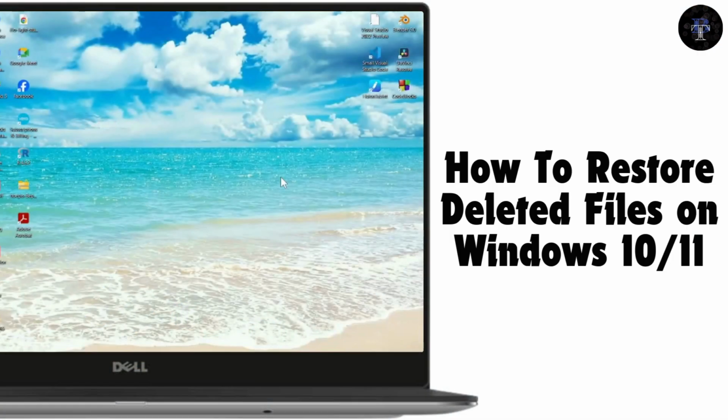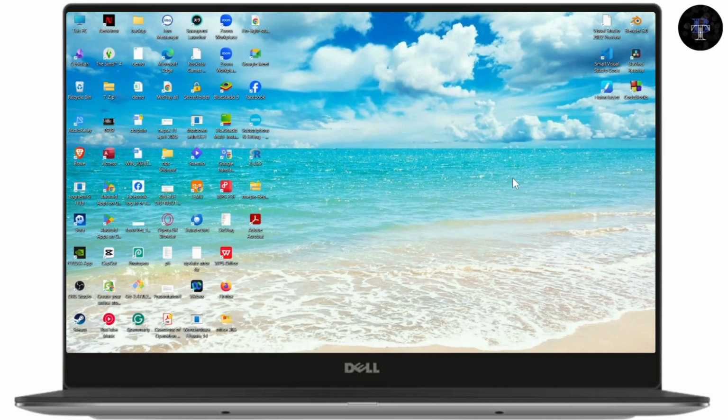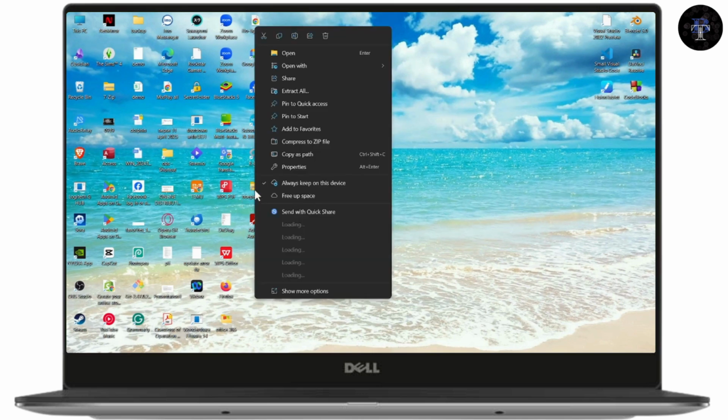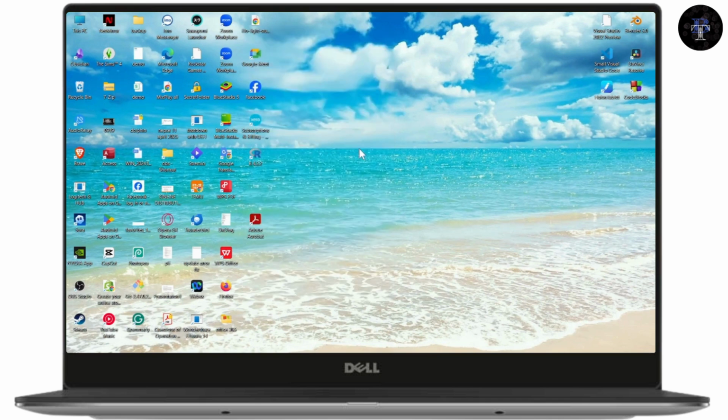How to restore deleted files on Windows 10 or 11. So if you want to restore deleted files on Windows 10 or 11, then what you need to do is, if I just deleted a folder, which is right here, I'll simply right click on this folder and delete this folder. After deleting the folder, now if you want to restore that deleted folder, then what you need